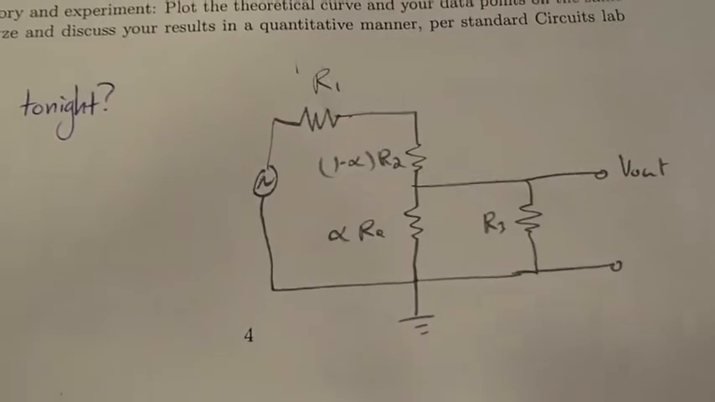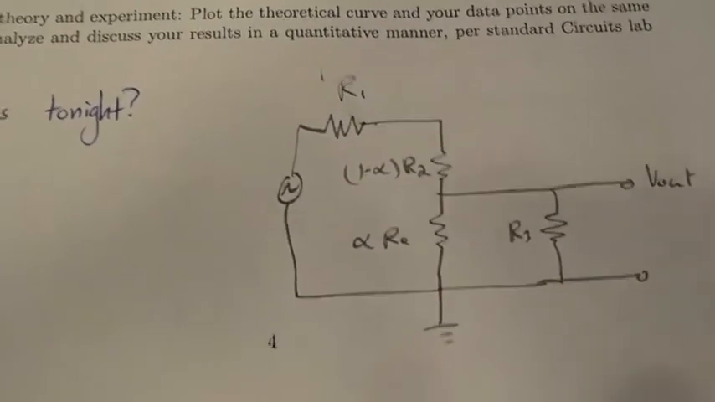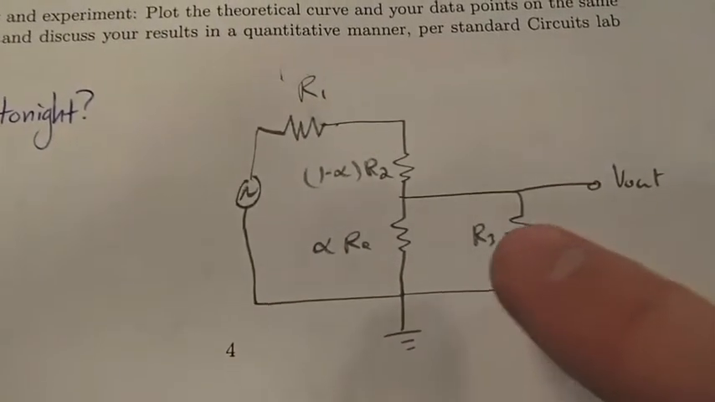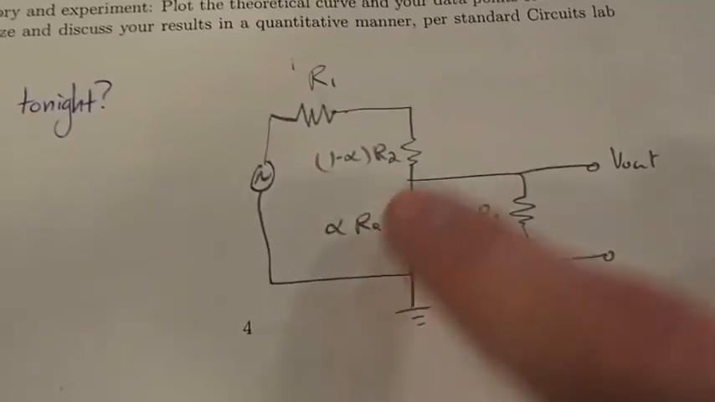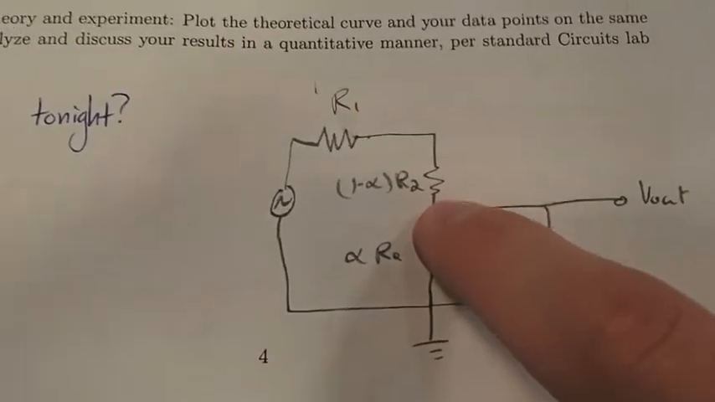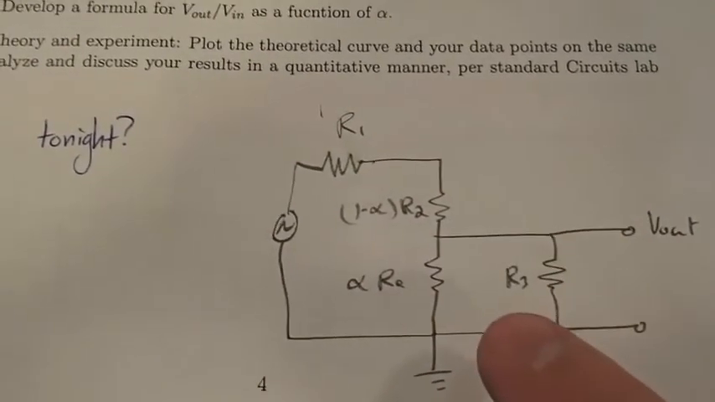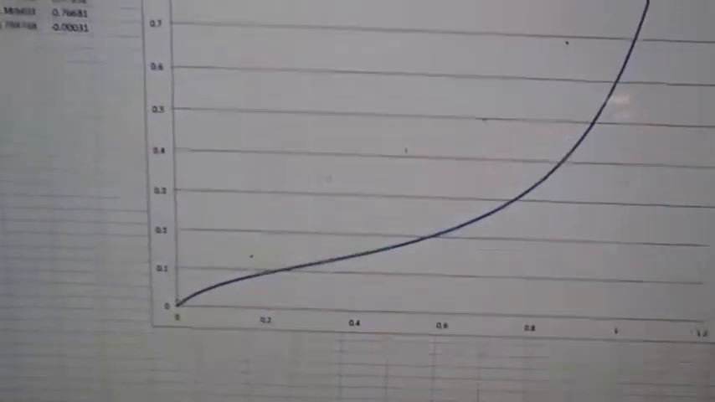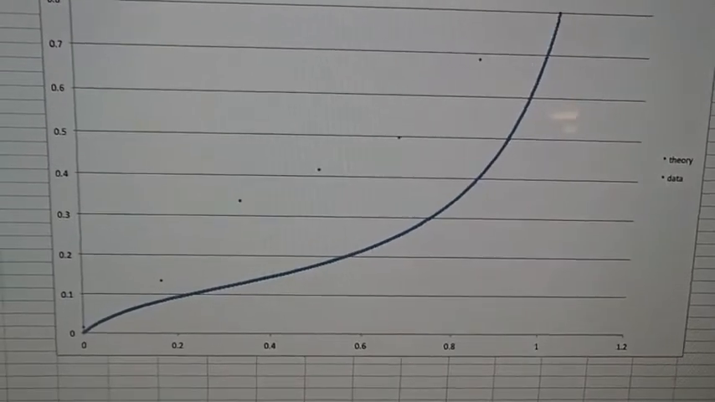You can get the current running through the whole circuit because it's just Vn, the voltage drop, and you know all the resistance. And then with that current you can get the voltage drop across the equivalent resistance here, and that's going to be your V out. If we do that, we get a graph that looks like the blue line here, where our theory and our